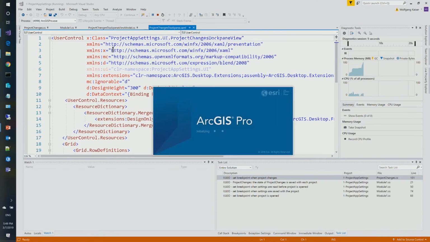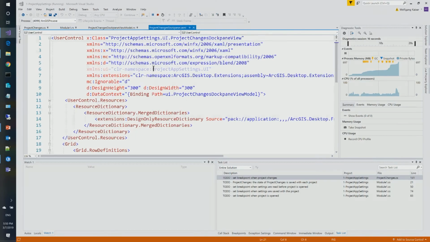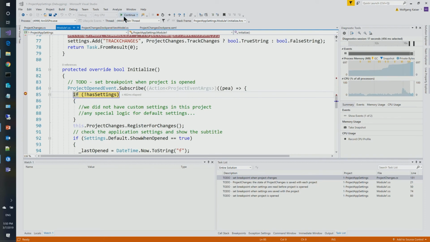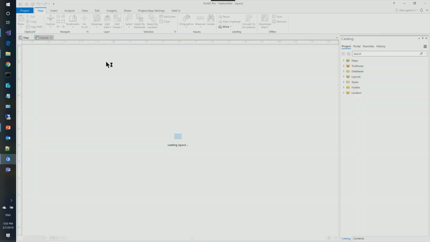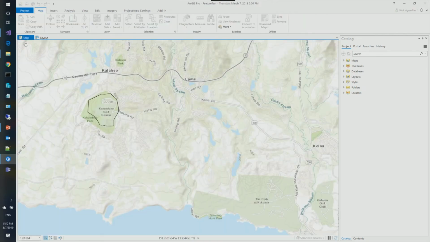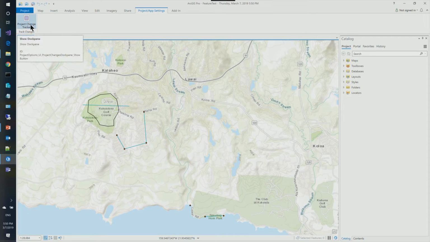Okay, Pro starts up. Now, if I open a project that I used earlier, there will be values that I already persisted earlier. So I could actually, there we go. Initialization code, we'll step over this. So for me to start from scratch, let me just show you how this works. If you look at your